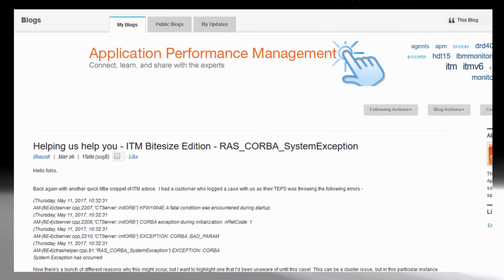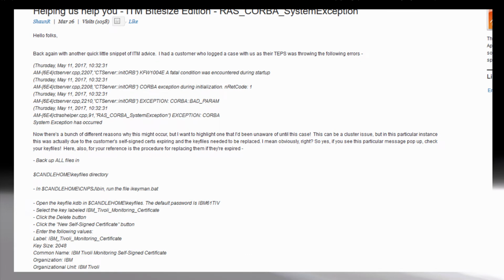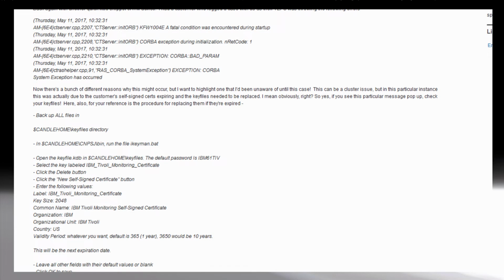After this, there is actually one of my blogs, and this is looking at the Rascorba system exception. This is just a quick little snippet, and this was essentially one that I'd never run across before. And this was, again, one of these where the error is kind of generic, but in this specific one, it was actually due to the customer's self-signed certificates having expired. Now, you can sort that just by using iKeyman. So if you run across this Corba error, it could be worth checking your self-signed certificates. Just make sure they're still in date, because the error